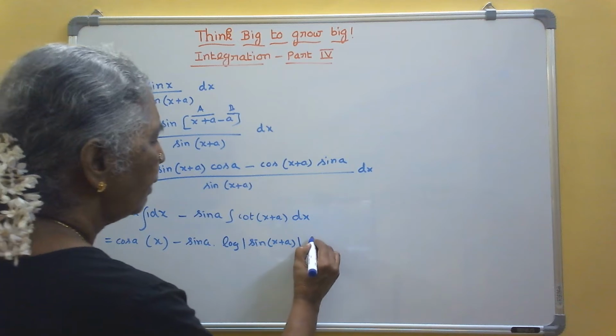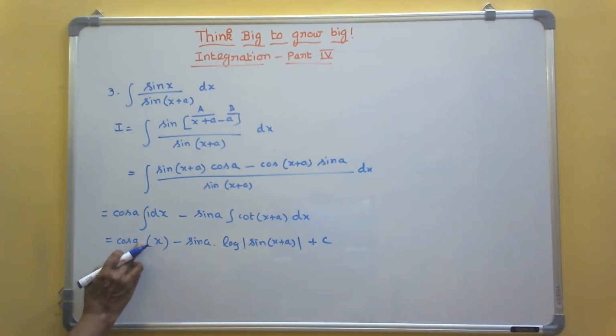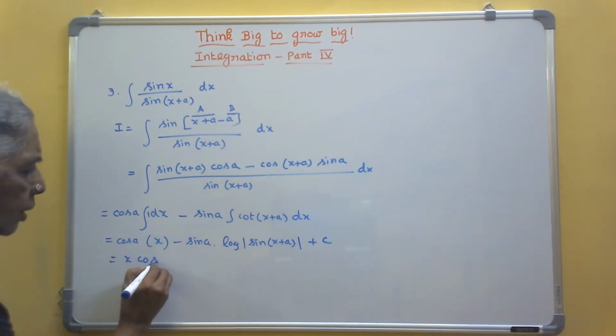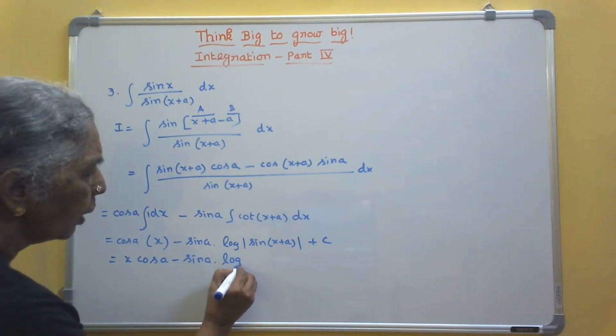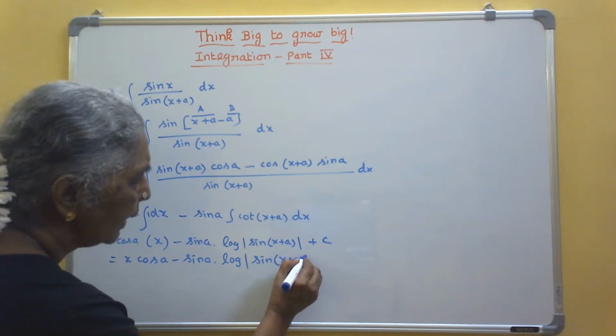Okay. Then there will be one c. Here don't write cos ax, that is wrong. It is better you write x cos a minus sin a into log mod sin of x plus a plus